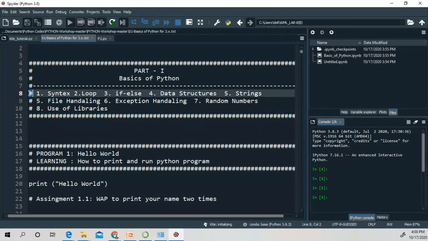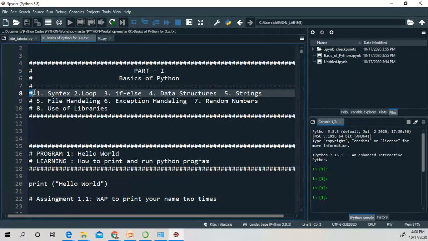What do you mean by this hash? Hash is used for comment. Understood? Any word written after hash is considered a comment. We cannot execute it.